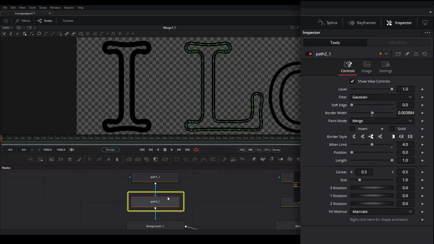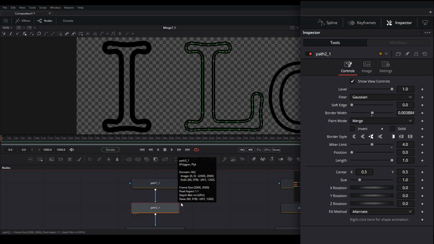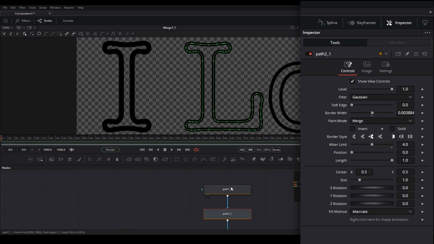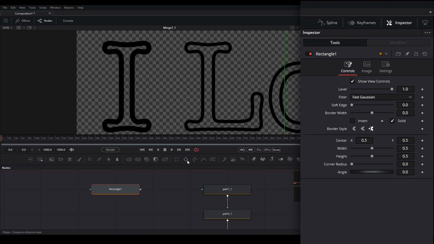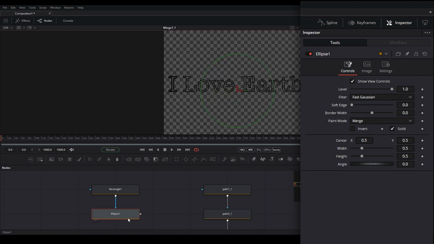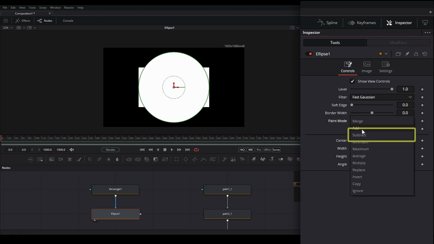Now in this Path 2 node, which is connected directly underneath this one, we can see a new parameter which is not available in Path 1. This parameter called Paint Mode uses math functions to modify our mask and alpha. For example, let's load a rectangle mask and an ellipse mask. Connect the rectangle to the ellipse mask and load the ellipse mask into the viewport. Now in the ellipse mask node, go to the Paint Mode and change from Merge to, let's say, Subtract, to